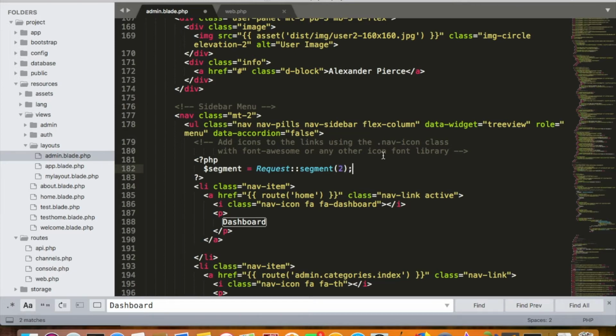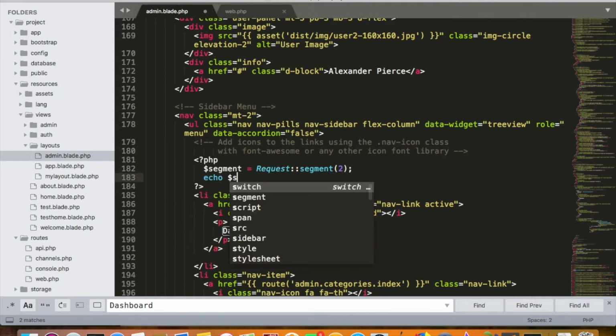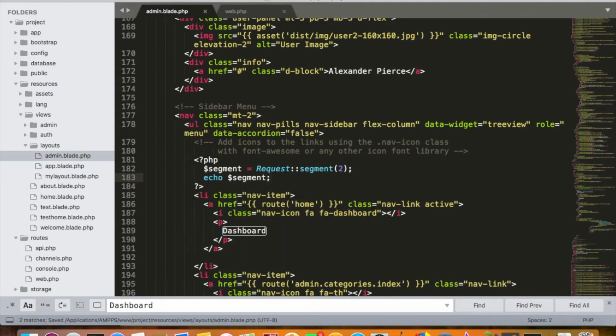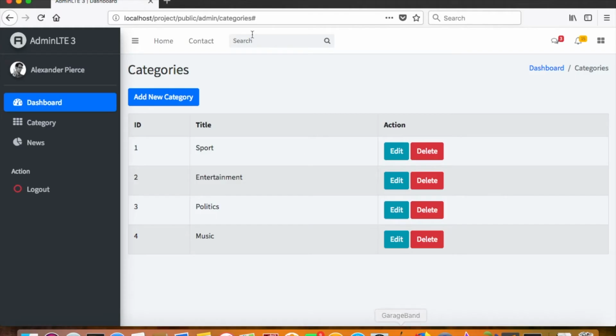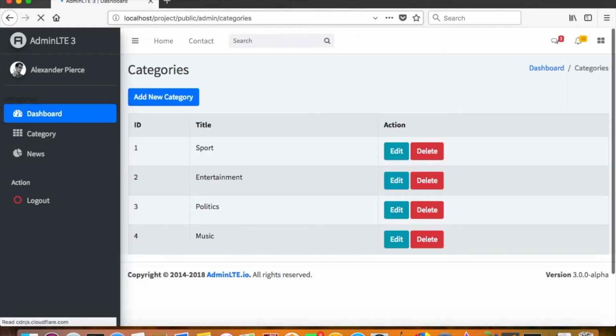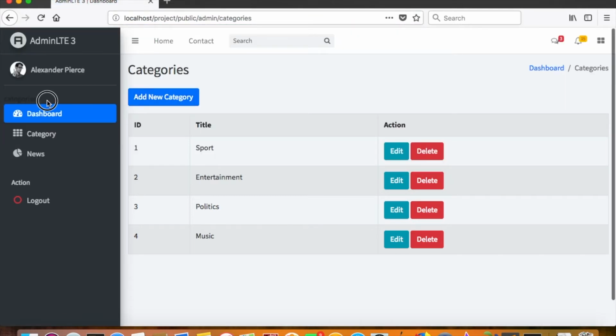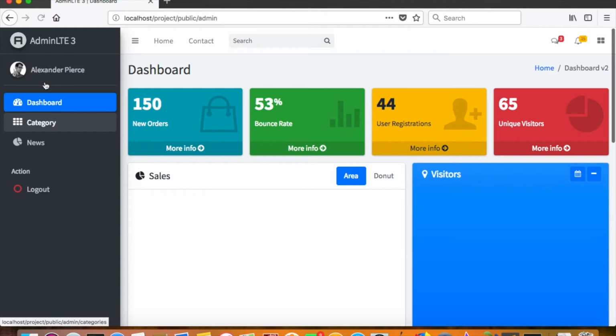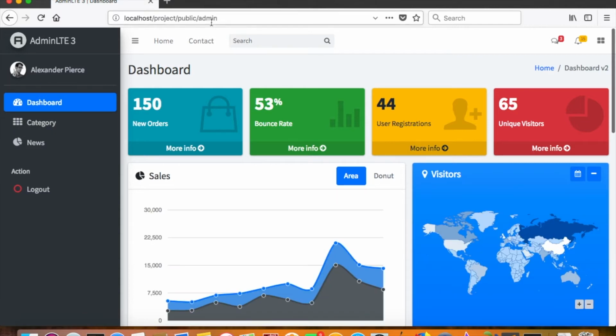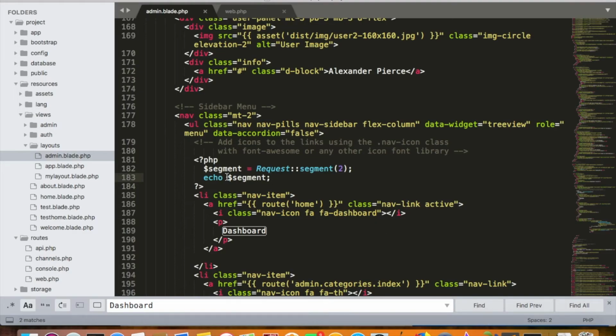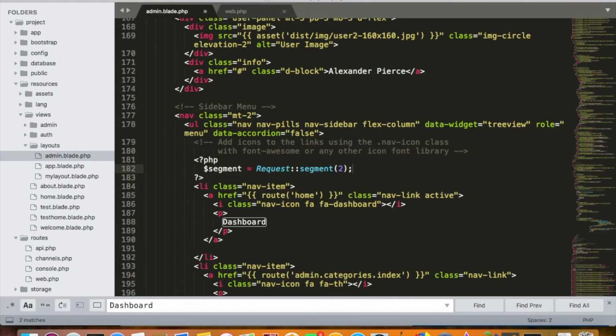Okay, so what I can do here is I'll just first of all test if I'm getting the segment right. So echo segment, let's refresh this. So we should get, here is our segment that is being echoed. So we are getting categories as second URI segment. So if you go to dashboard, our segment is blank because it only has up to one URI segment. So what we can do is, if we can check if the segment is blank or if there is no segment, we can make the dashboard